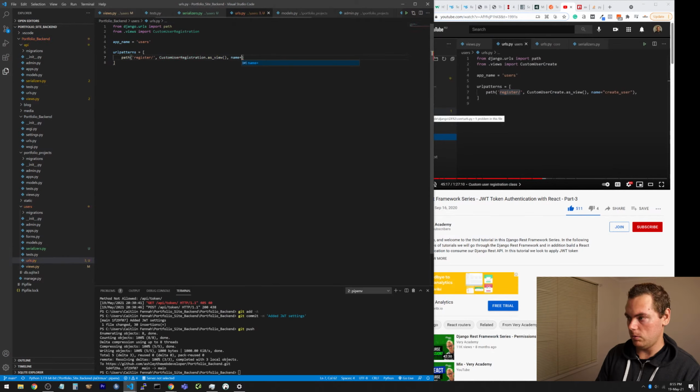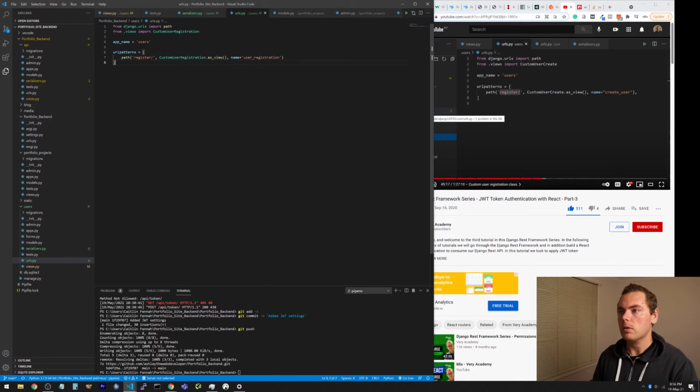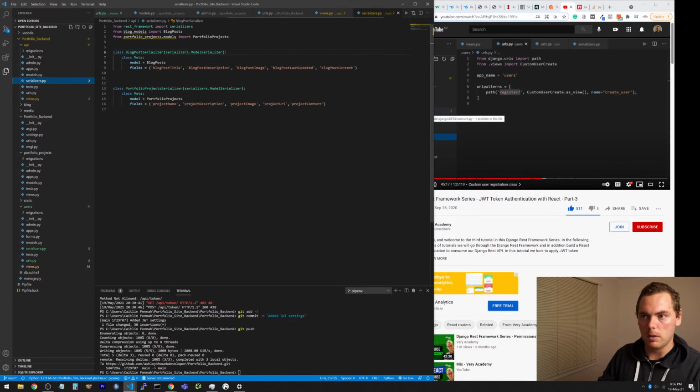It's going to be equal to user_registration, and just to make sure that is correct. User registration. Cool. Save that,